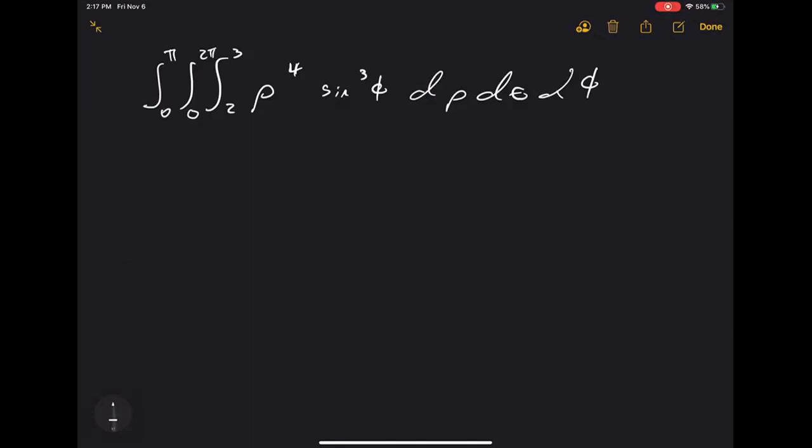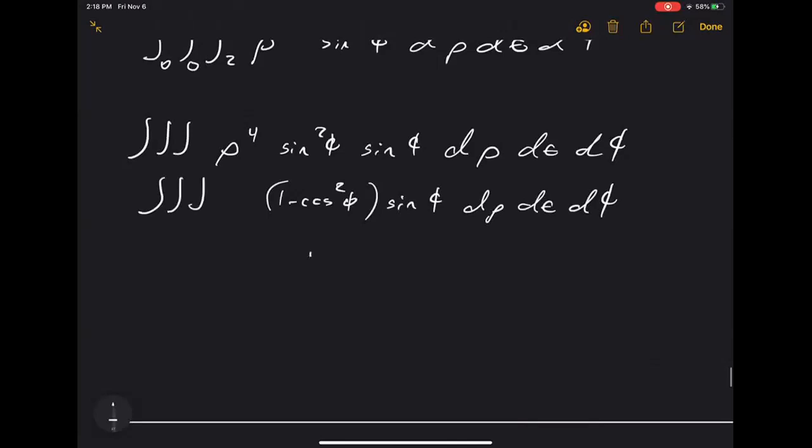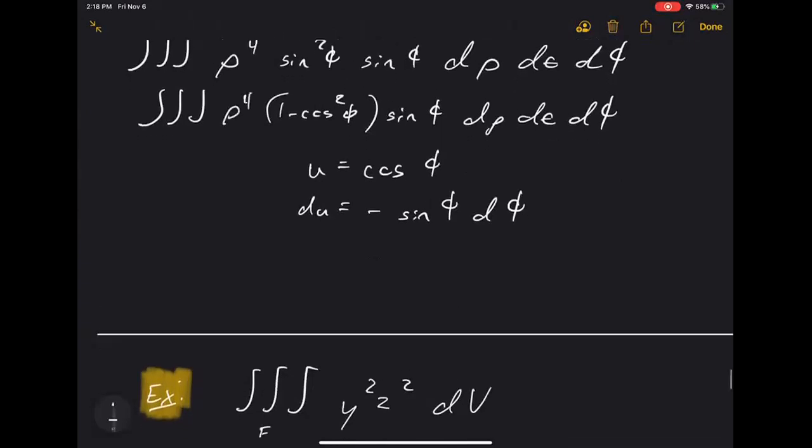When I have this sine cubed, I split off one of the signs. I write the sine squared as 1 minus cosine squared. And then I do a u substitution. U equals cosine. Du equals what? Negative sine. And then my integral becomes